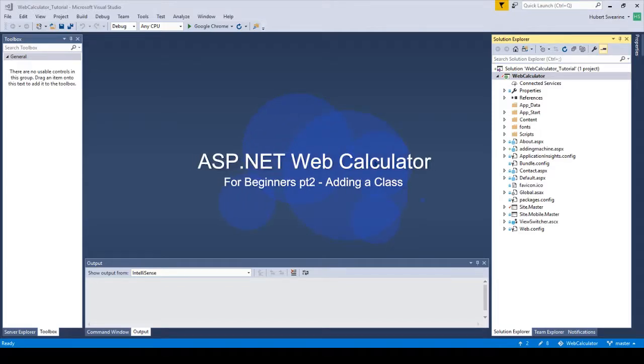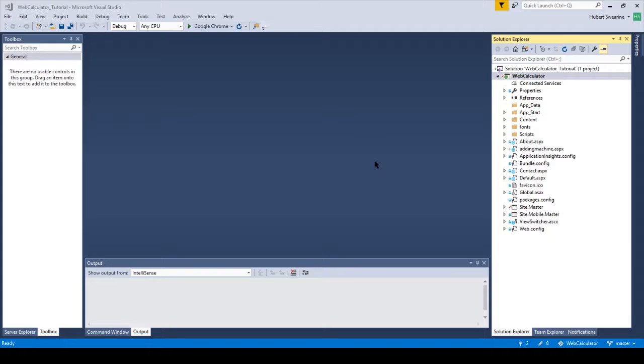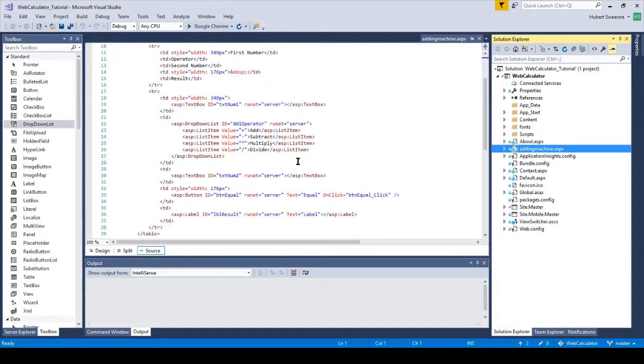So we started out with our calculator the last time and we made a simple web application, all right? So it was a calculator. Now this time around we added something else, just something small, right? So I have the web calculator solution open. This is the project. So the last time what we did was the adding machine, and this is the